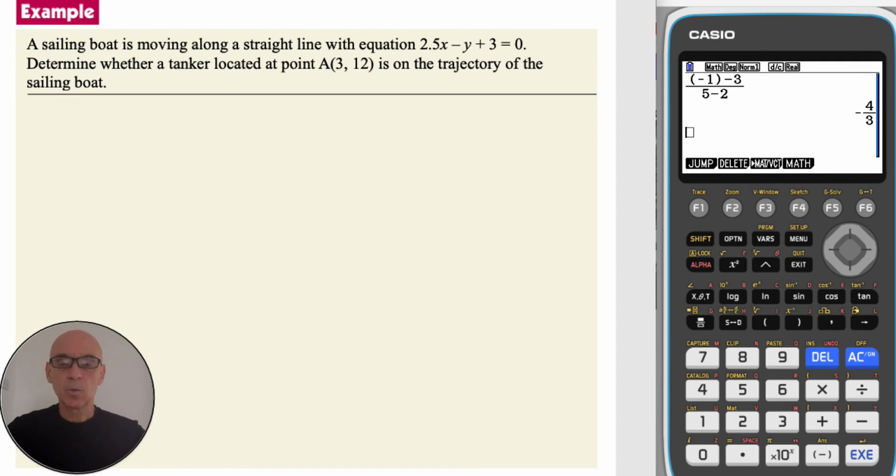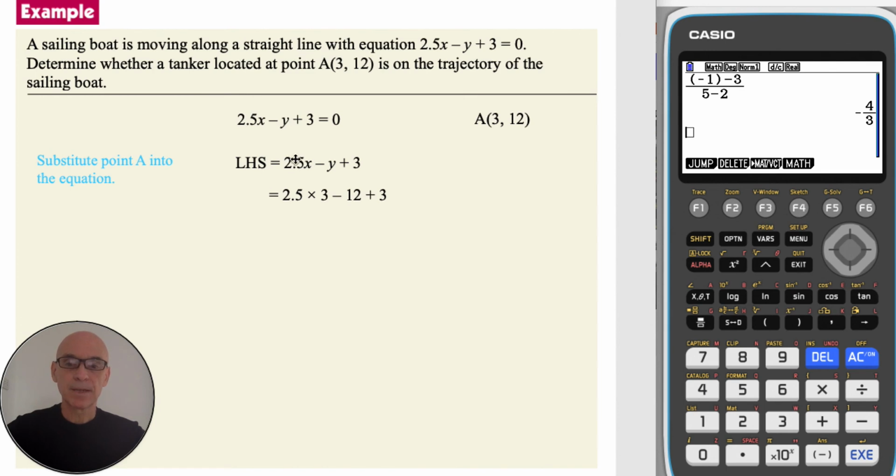In this question, we're asked to determine whether a tanker located at point A is on the trajectory or the path of the sailing boat. If we begin by writing down the equation of the path of the sailing boat and the coordinates of point A, the location of the tanker. Substituting point A into the equation by replacing x with 3 and y with 12. And performing the calculation,